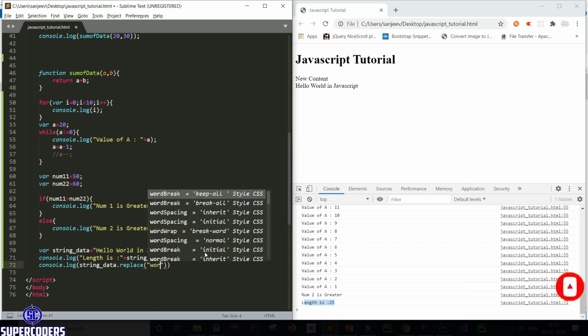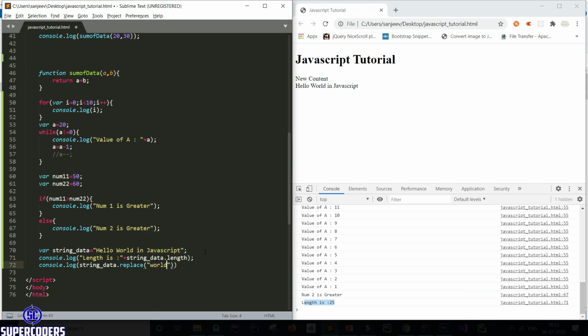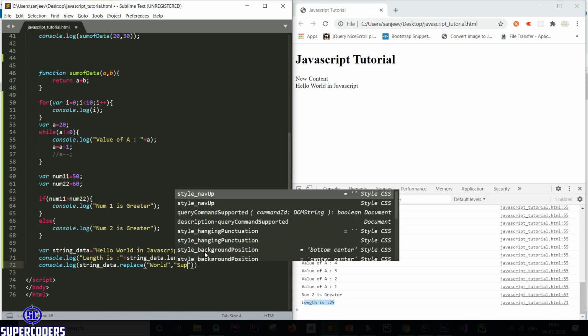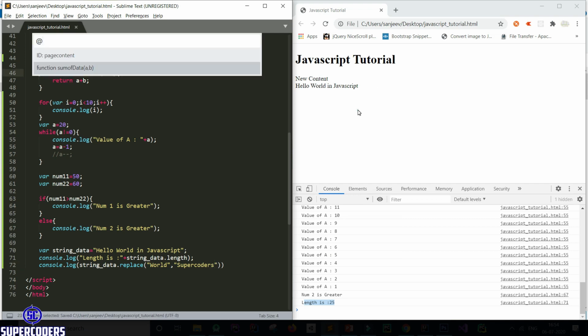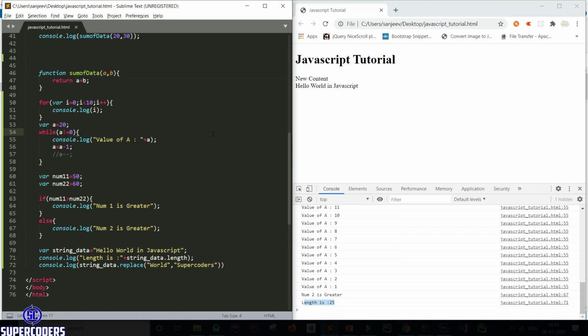So changing world to hello supercodes. Now let's run the program again. So you can see it replaced the content, our world to supercodes.